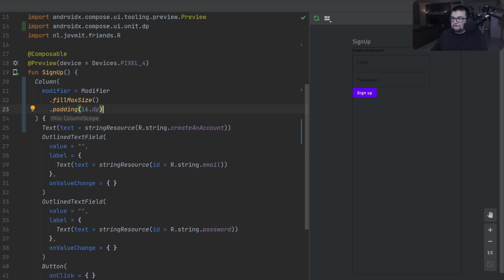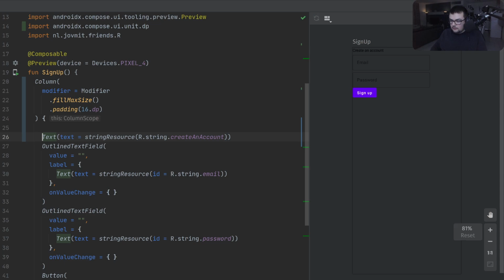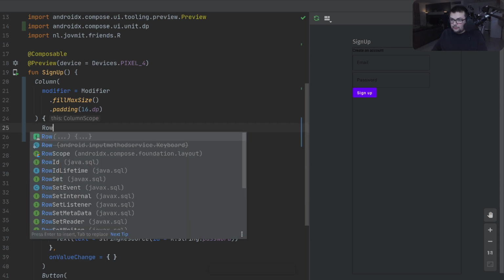And then this screen title here, I would like to make it in the middle of the screen, sort of move it to the middle of the screen horizontally. So in order to do that, how we actually put the things horizontally on the screen is we can use row. So that's something similar to the column. If the column is sort of vertical, then the row is sort of horizontal. So how we can put the things next to each other. So let's wrap this into a row,